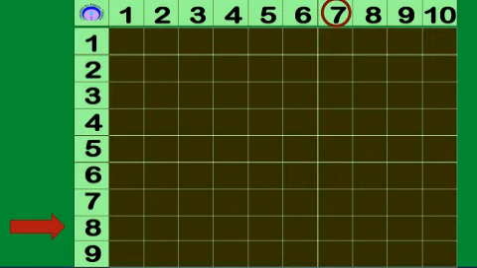8 times 7 is equal to 56. 8 times 8 is equal to 64. 8 times 9 is equal to 72. 8 times 10 is equal to 80. On the 9th line, we have 9 times 1 is equal to